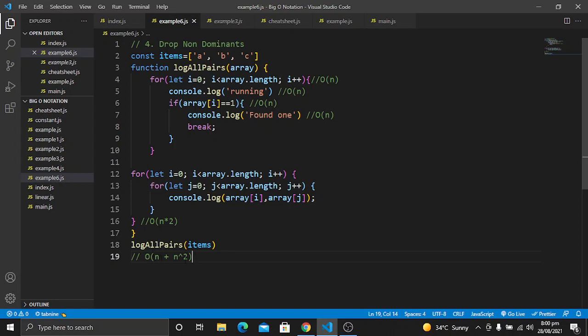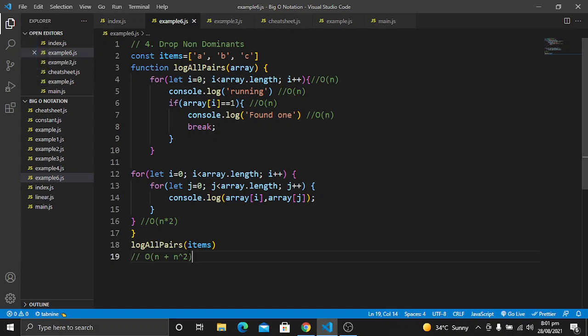For example, let's say we have 100. 100 multiplied by 100 is far greater than 100. Now you can clearly understand what is meant by non-dominant terms. Non-dominant terms are the terms which have a negligible effect. So here n has a negligible effect.